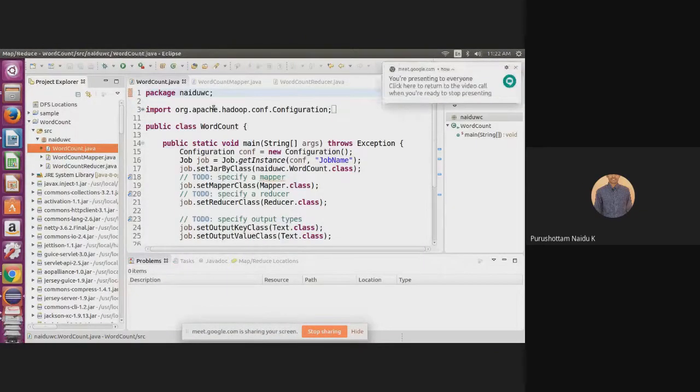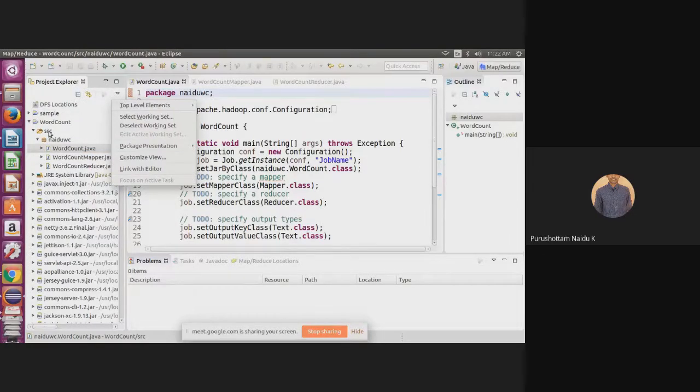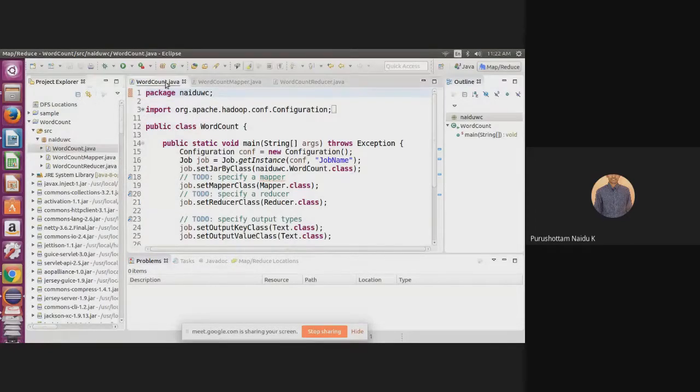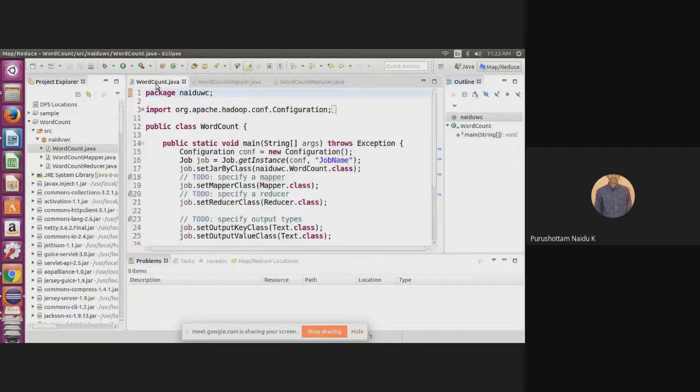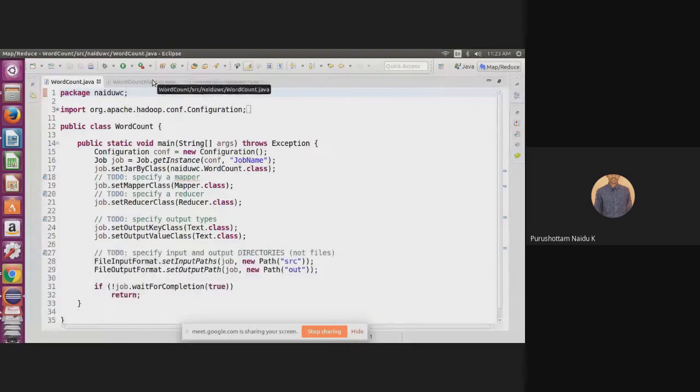In it, you just have to modify the mapper class name, the reducer class name, and also specify the output key class type.